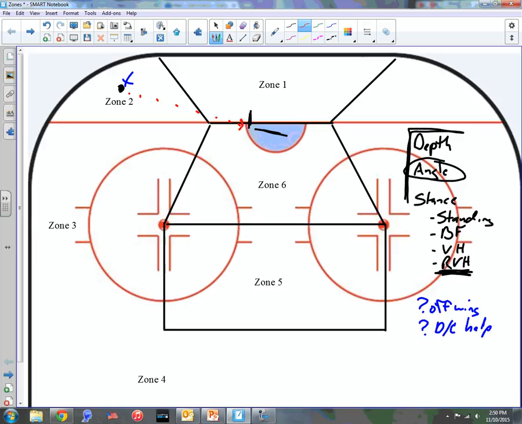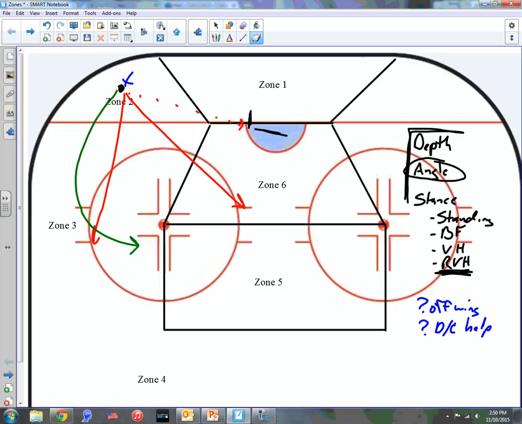What I should be worried about is some kind of movement, a pass, right? Maybe a movement where he skates up and around. And if those are the things I'm worried about, well, being down on one knee sure isn't going to help me. That's not really going to do me any good because now I have to come out of it. So I tend to teach my goalies that, hey, when that puck is in zone 2,